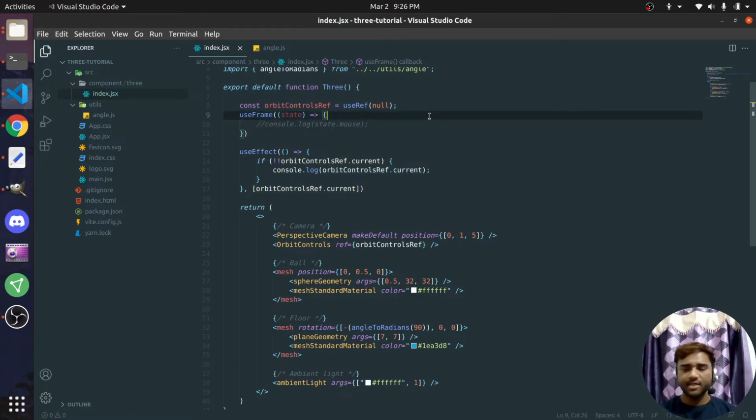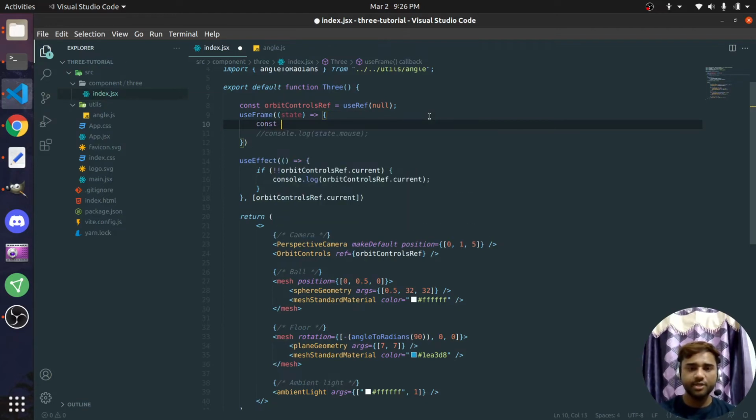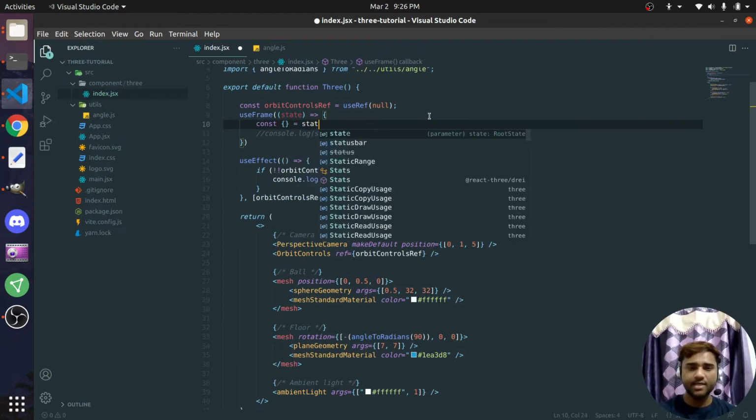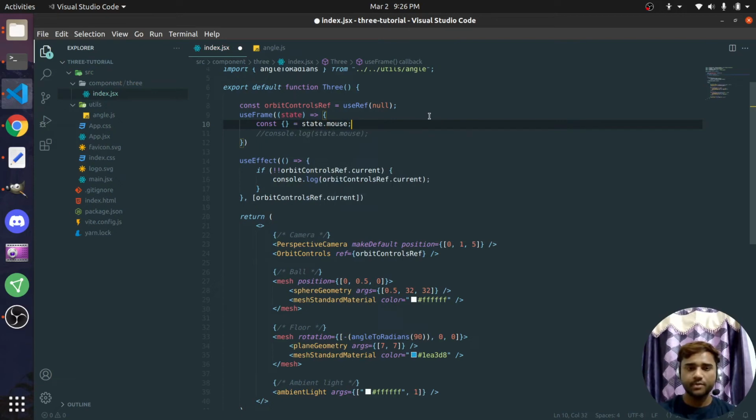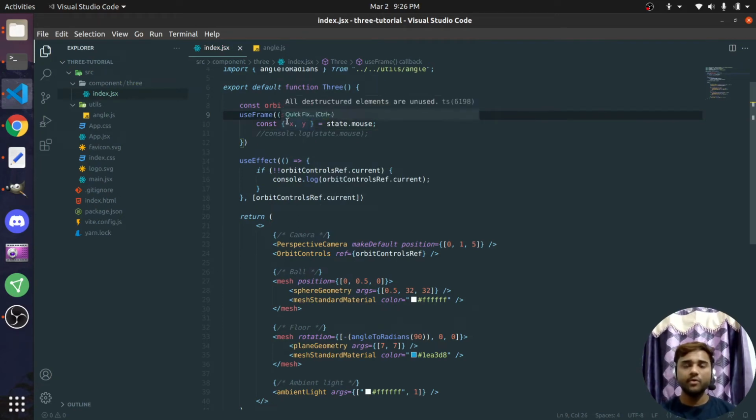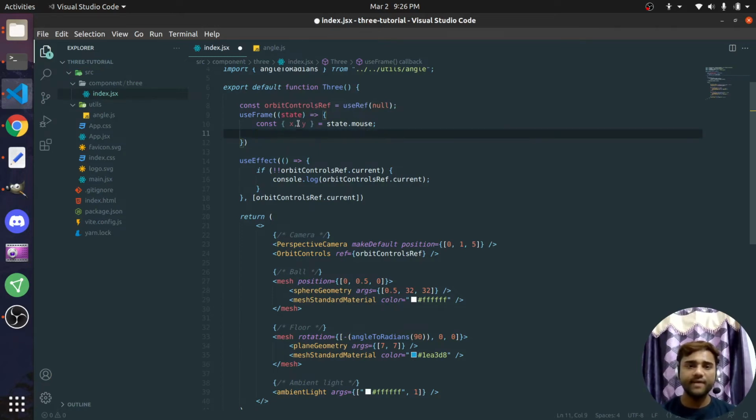Well, let's destructure state.mouse. So we're going to get an x and we're going to get a y, right? So we have that now. We're going to focus on the x first. Let's remove this line. And as we move along the x, now the x value would change. If we have the x value, we can figure out the angle that must be set around the azimuthal line. What do I mean by that is,